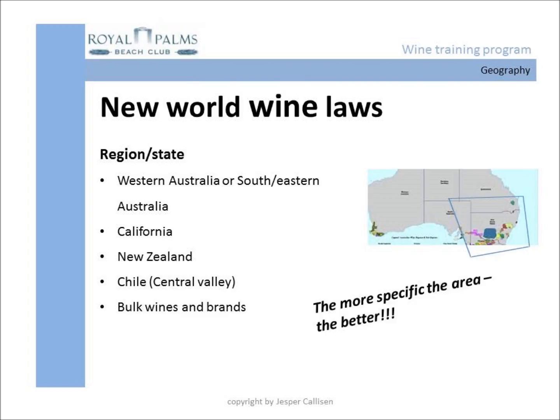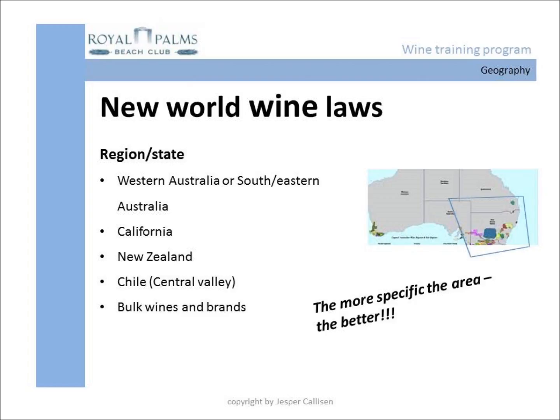If we can see from the label the individual estate or field where the vine has been grown, this is normally a good sign. By knowing the field or estate, we can research the exact geographical attributes such as climate and aspect. This will give us a very good idea about the quality of the wine before we even taste it. In the New World, the region or state is considered the largest area which can be put on the label. For example, Southeast Australia.